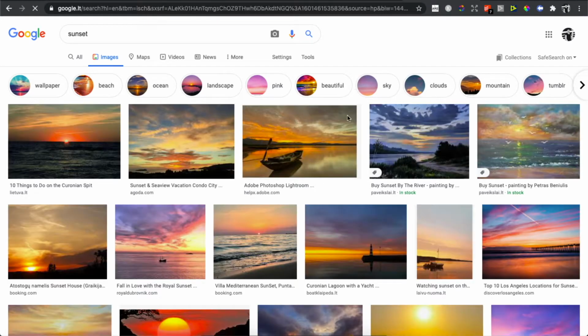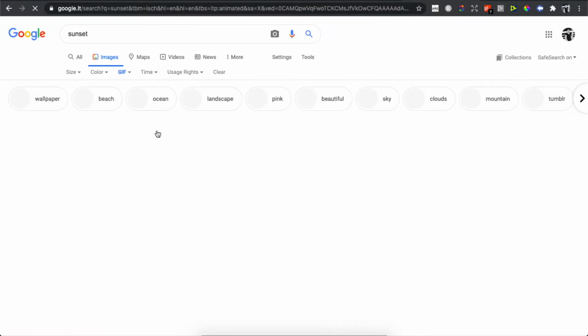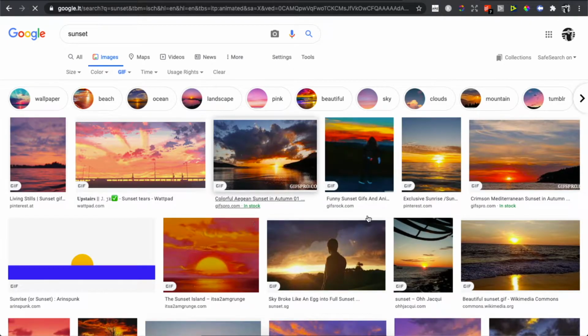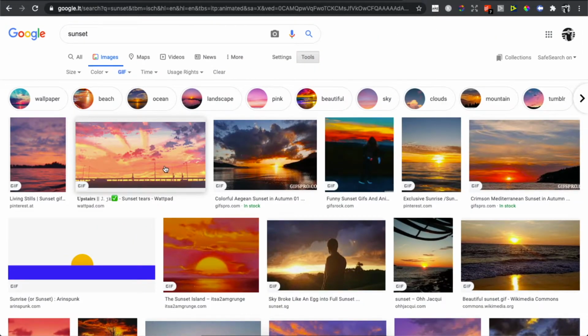And then the next step, what you need to do here is, as you can see here, there is a tools button. You need to press on that, and then you need to press on type and sort it out by GIF. And here, as you can see, there are a lot of GIFs with a sunset. All right, so select the one that you prefer,